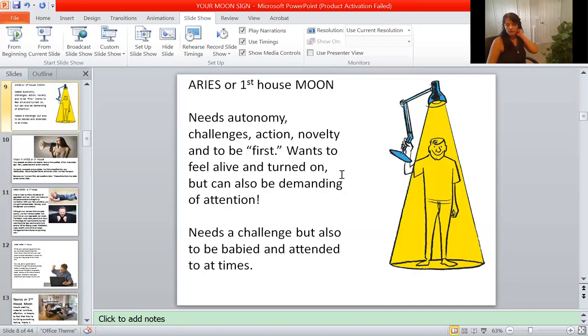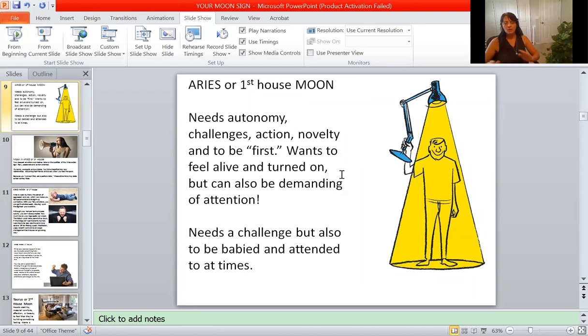All right, let's start in Aries. Aries or first house. I'm going to give you both of these again because you're going to look at both of these and combine both of these things. So not only are you going to look at the sign that your moon is in, you're going to look at the house, because we got 2 flavors of ice cream on your ice cream cone here, the emotional ice cream cone. So if you have an Aries moon in the first house, that's like same, okay?